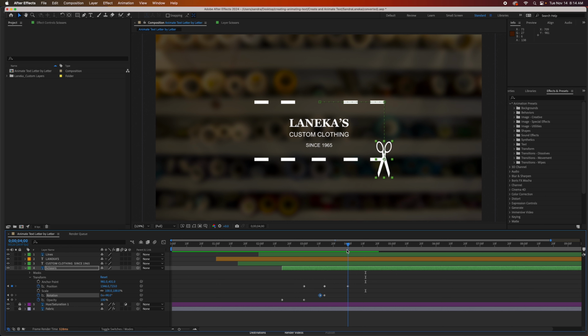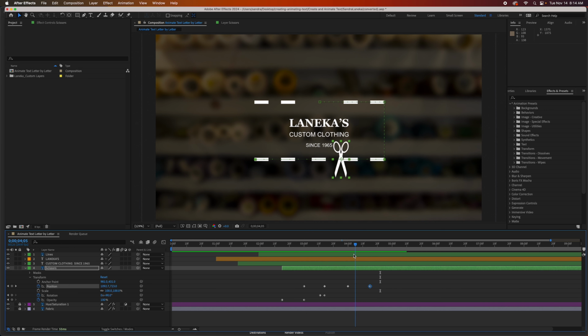So now we have 4 seconds, and then we go to 4:15. I'm going to put another keyframe on position, because this one is going to go from here to the end of it. So I'm going to hold my shift key and move it all the way across. So now here's what we have. It gets to the end, it turns, but then we need another